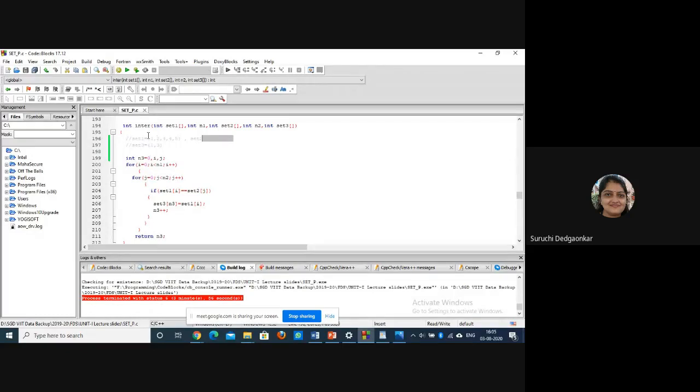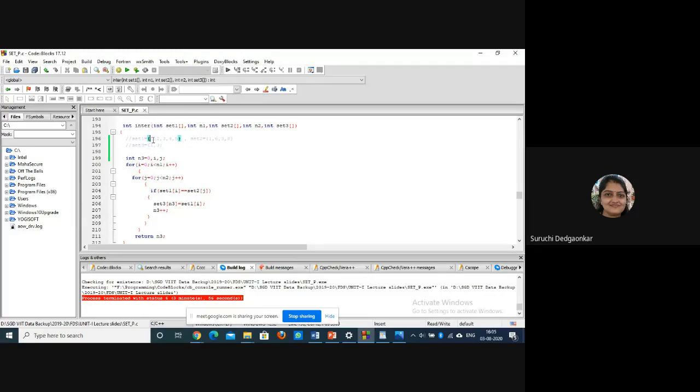If it is present, that means it is a common element which we have to write in the intersection set. That is the logic of intersection.